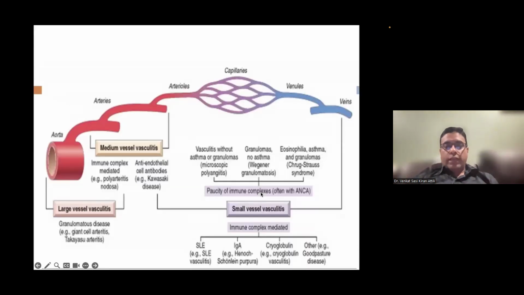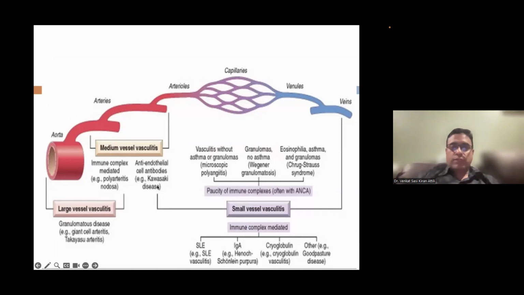So this is a pictorial diagram, not mine, from one of the publications showing small vessel vasculitis, of which include the immune complex mediated diseases and the ANCA mediated diseases. And these affect primarily the arterioles up to the veins. Then you have medium vessel vasculitis, which can be immune complex mediated or anti-endothelial cell antibody mediated, which